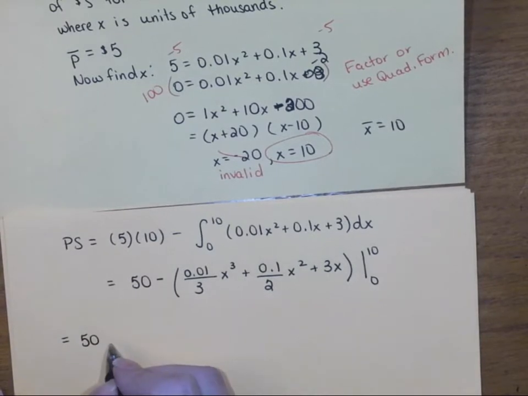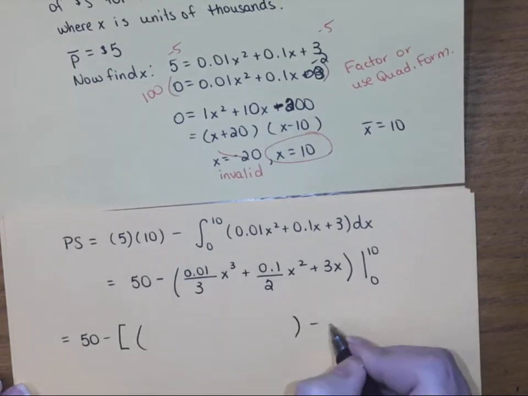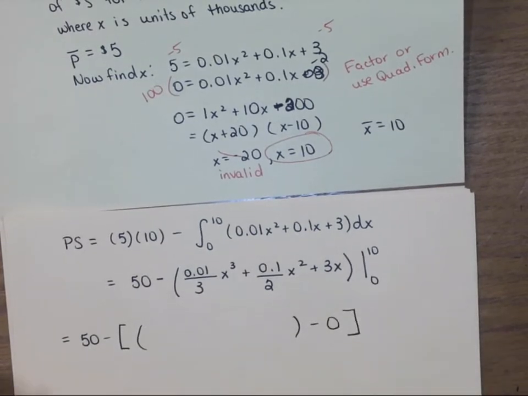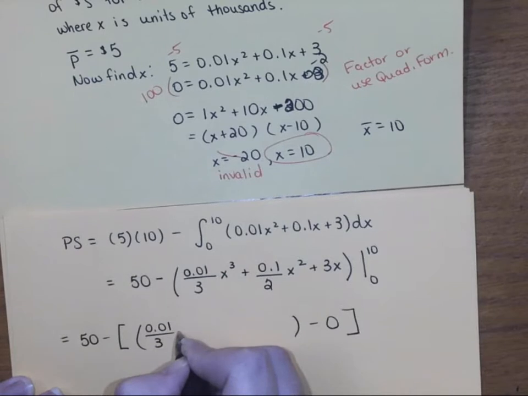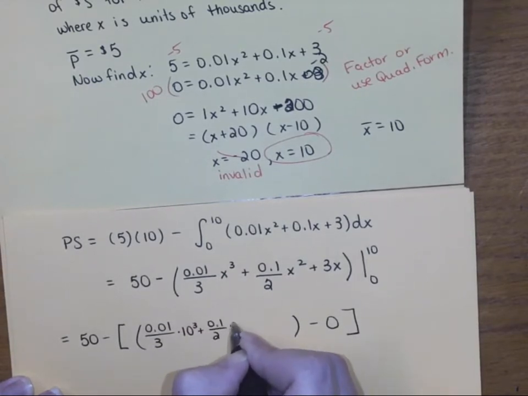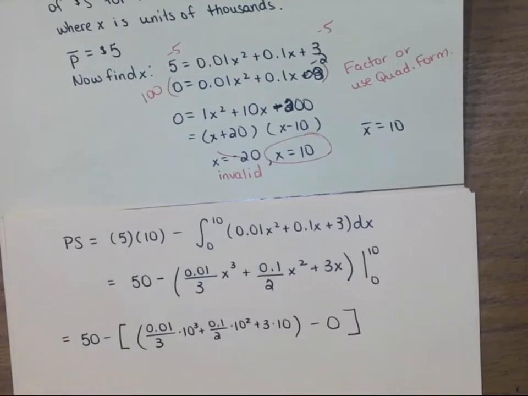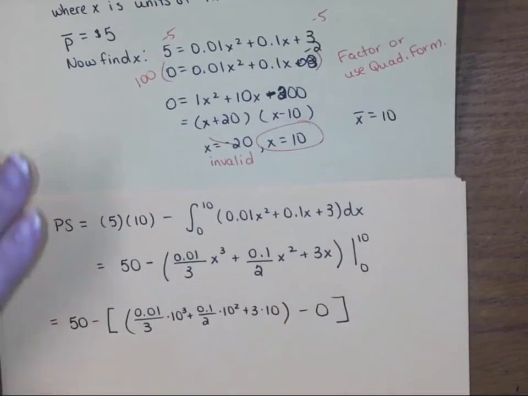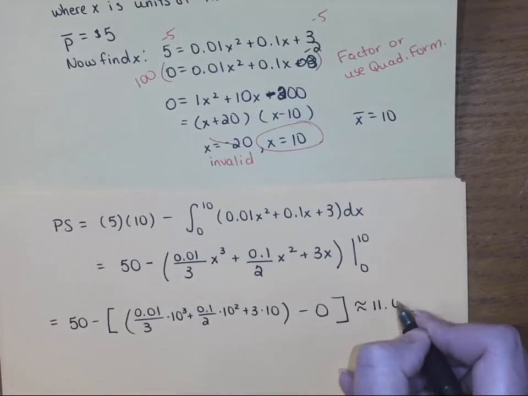So here I'm just going to plug in 10. Like the last one, you can plug in 0 if you want, but you're just going to get a big fat 0. So let's plug in 10. So 0.01 over 3 times 10 cubed plus 0.1 over 2 times 10 squared plus 3 times 10, minus 0. Just remember that the answer you get, and I want you to practice this on your calculator,